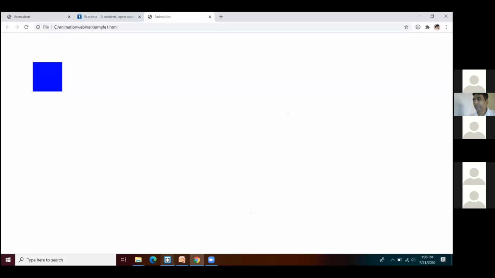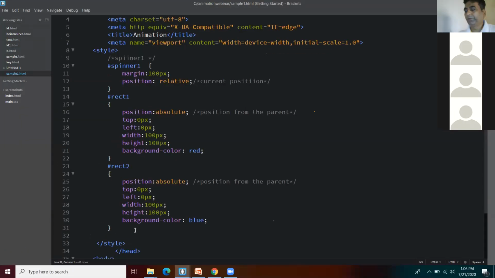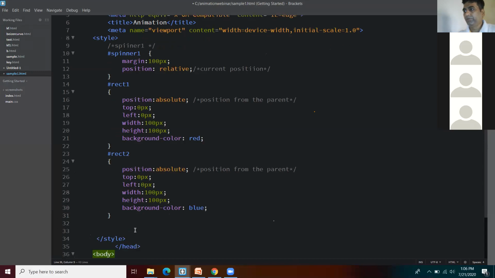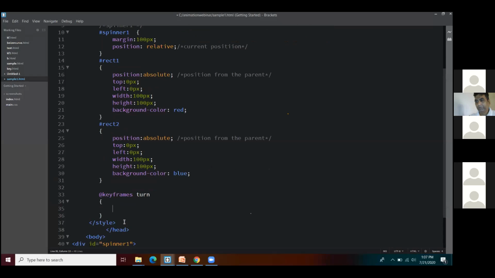Now, moving ahead, I have to rotate them, right? As I told you, we will be using keyframes animations for rotation, for spinning. So how do we declare keyframes? We'll use @keyframes, and the name of the keyframe that I'll give is turn. At 0 degrees, or at 0%, I have to rotate it.